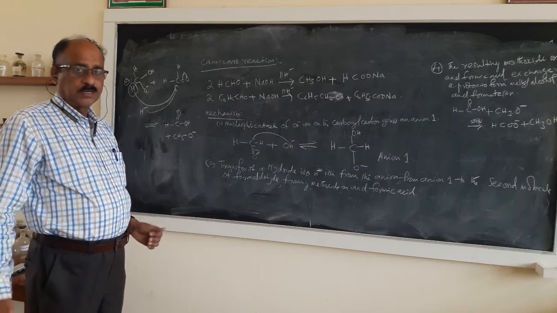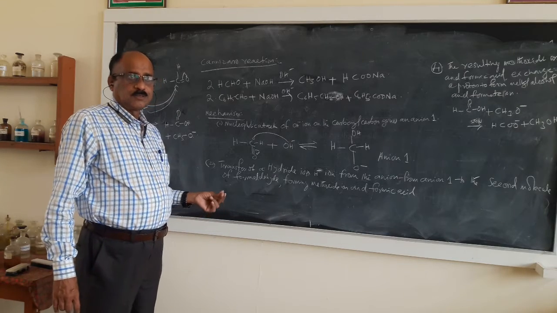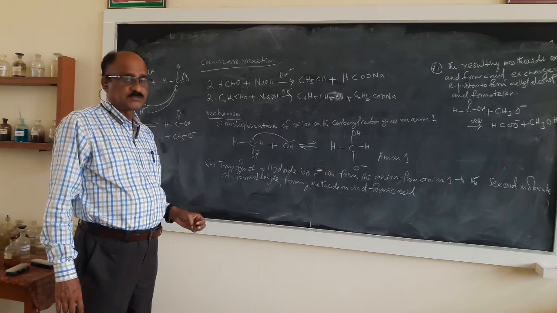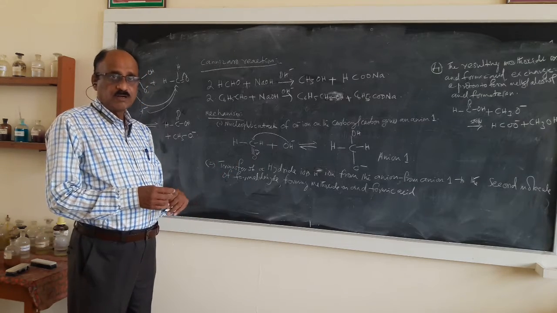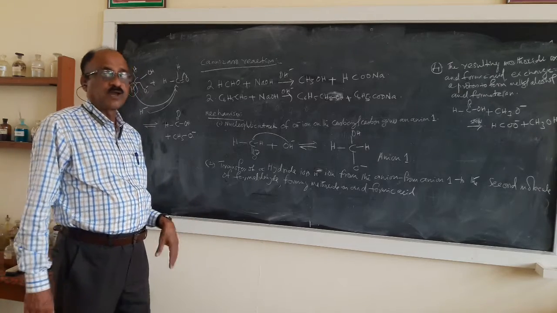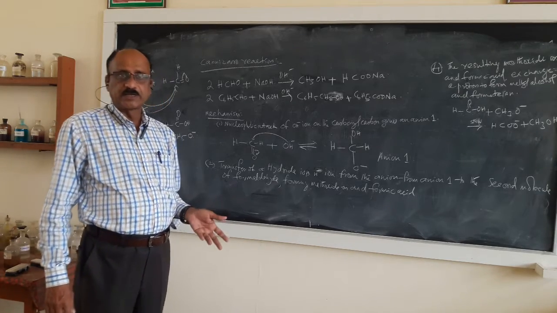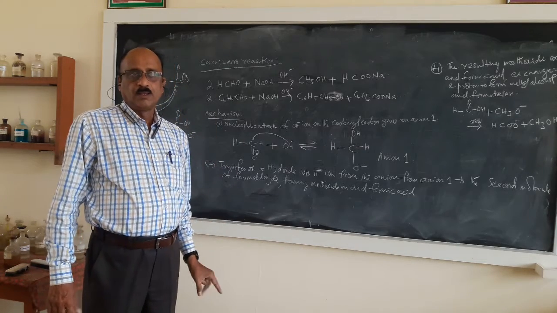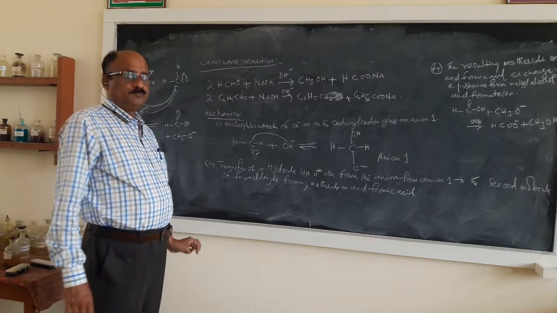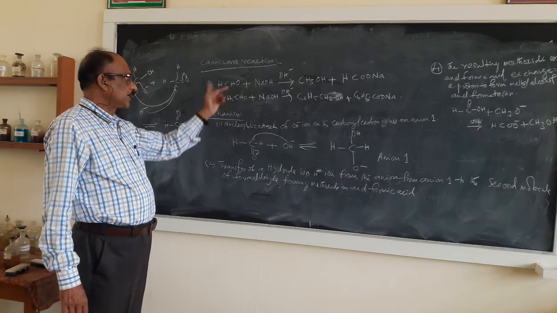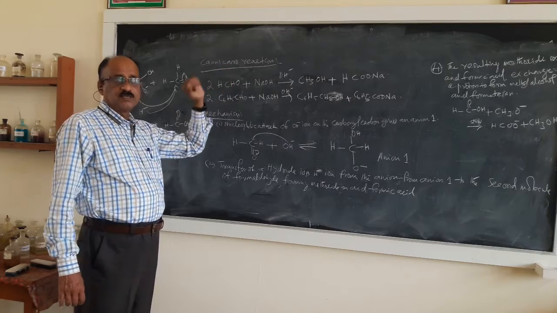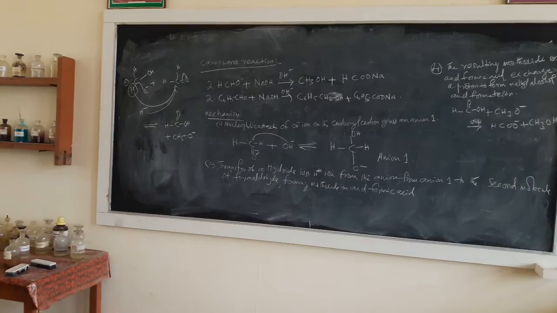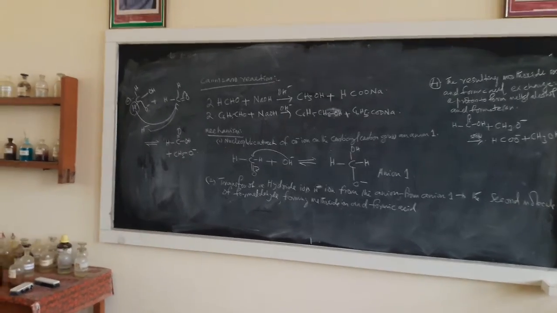I told you the earlier reaction in which two molecules of aldehydes combine together in presence of alkali, forming aldol, and different types of aldol condensation. Maybe in the case of ketones or maybe in the case of an aldehyde and ketone molecule. But now I am talking about another type of addition reaction, which is known as the Cannizzaro reaction. Let me show the blackboard with the camera, then I will come to the point.